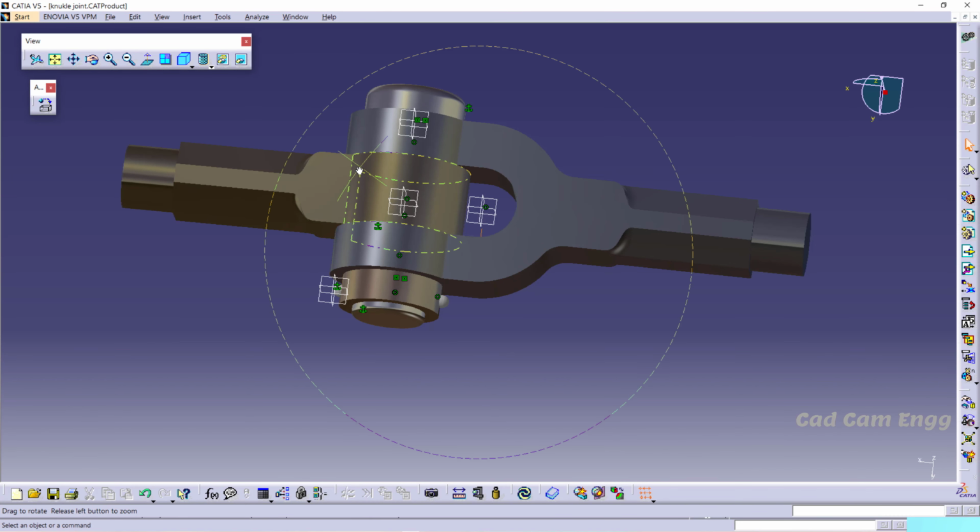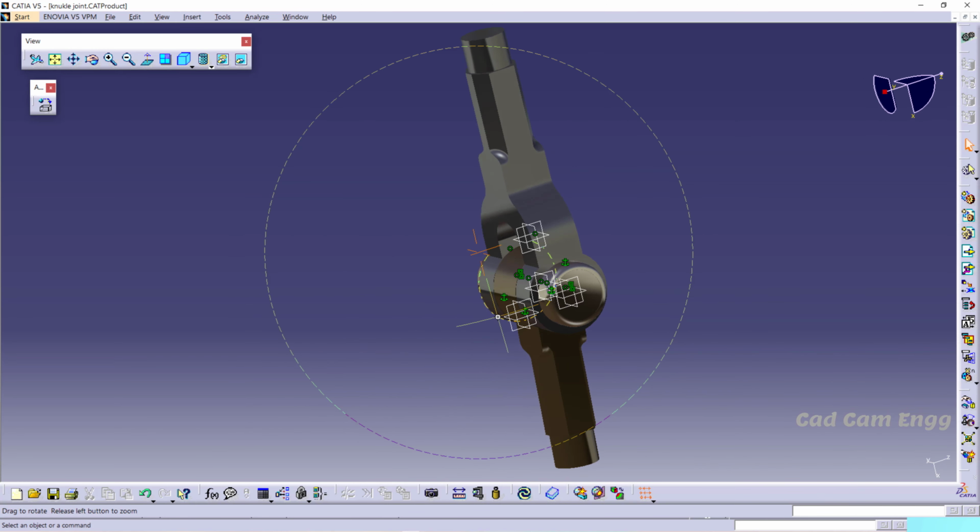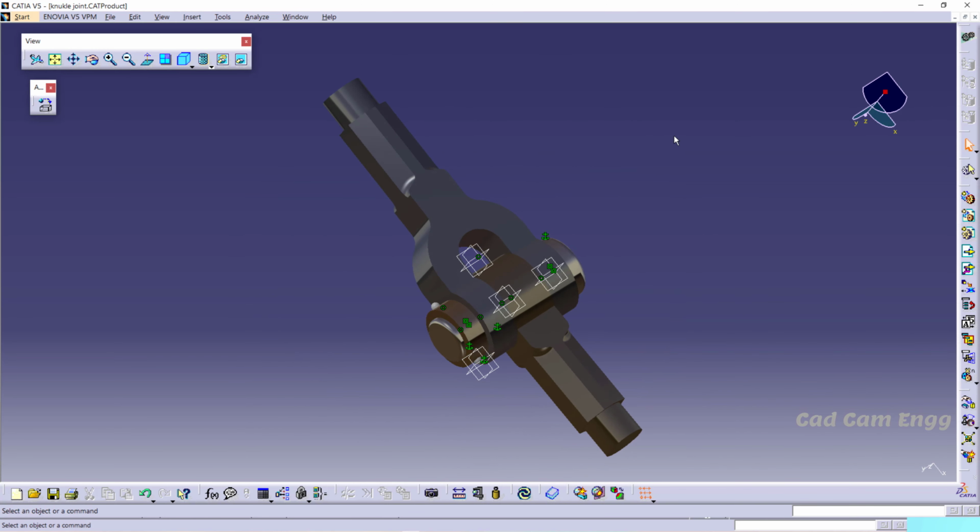Okay, this is how we are going to hide the parts, and after that this too, hide and show.